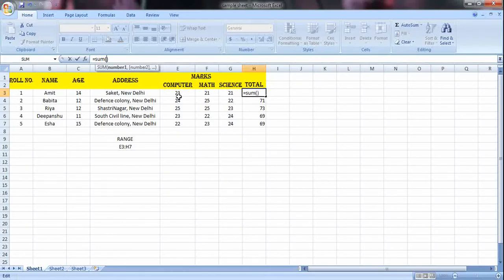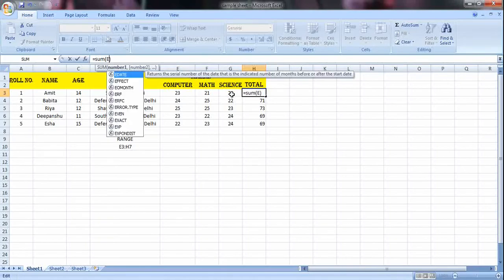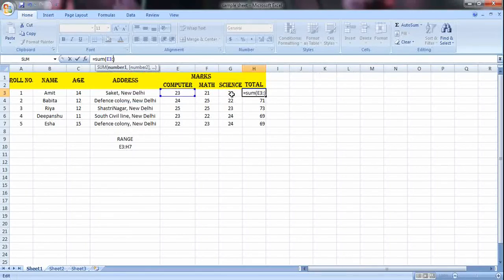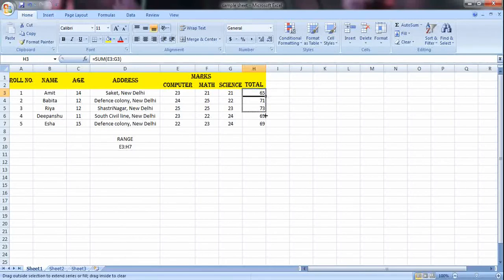So I'll enter E3 colon G3 and enter. If you look here, the formula is this. Now I'll use the autofill feature. The values remain same, but if you see here, the formula becomes sum E5 to G5 like that.